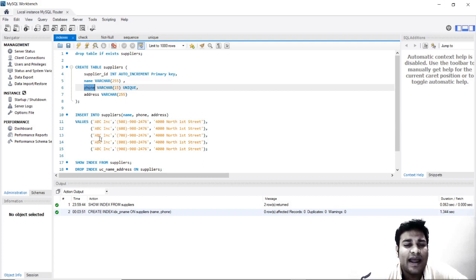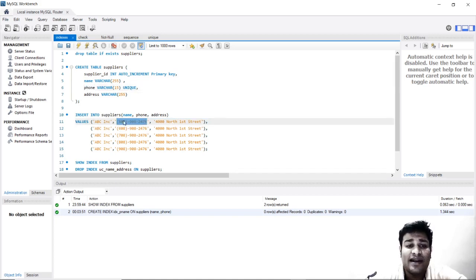Whenever MySQL will be inserting some value into supplier, it will have to check the previous values, right? So how will MySQL make sure that the value in this phone number column for this table is always unique, like no duplicate value is entered? To make sure that no duplicate value is entered, it has to check all the previous values. Now what if all the previous values are not sorted? I hope all of you understand the meaning of sorting. Ascending order, descending order.